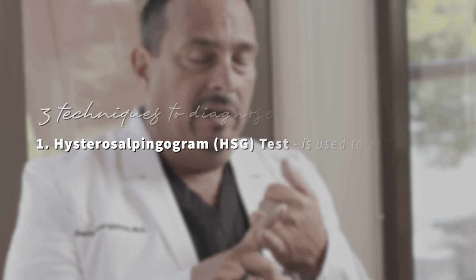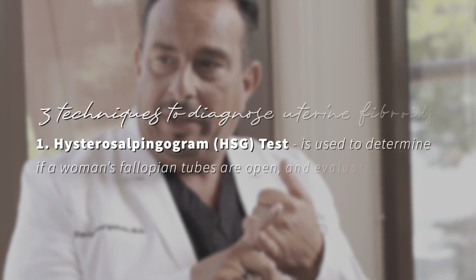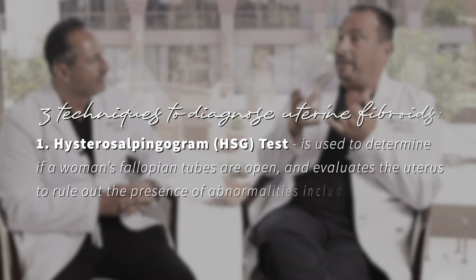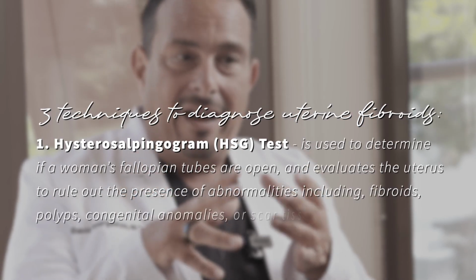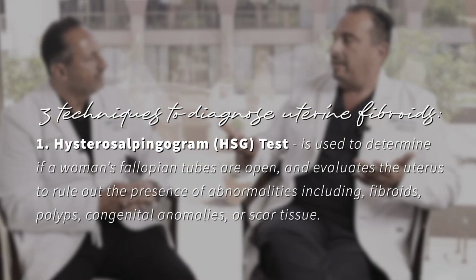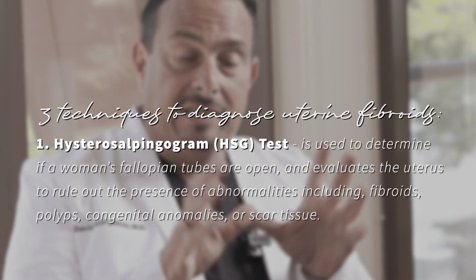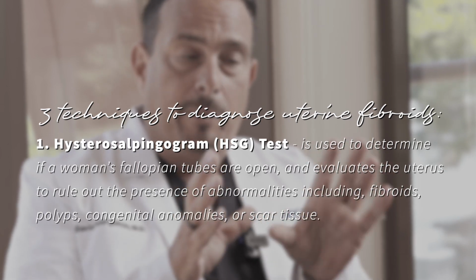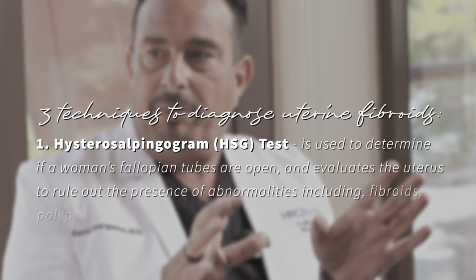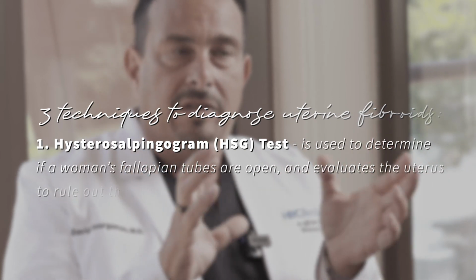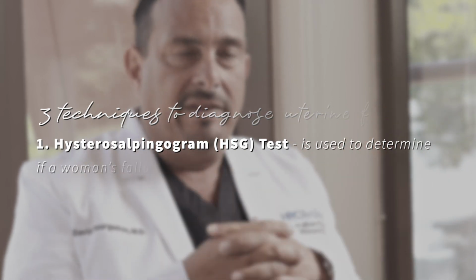And the first and most classic one is doing something called a hysterosalpingogram, which is a radiograph, an X-ray, where they put dye into the uterus and then the dye comes out the fallopian tubes. But in essence, it gives you information not only about the fallopian tubes, but also about the shape of the cavity and whether there's some type of mass growing within the cavity. A filling defect. Right. That's exactly right. We normally see the dye, we see an area that doesn't fill up with dye.